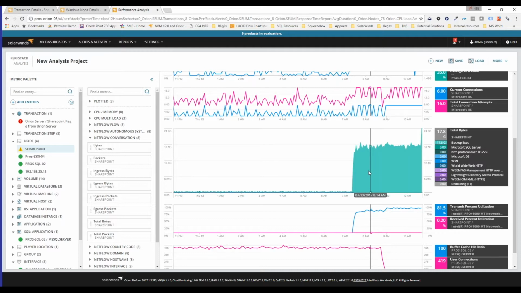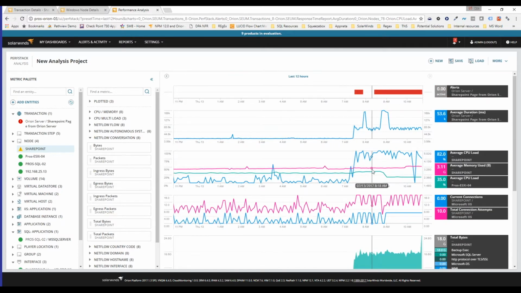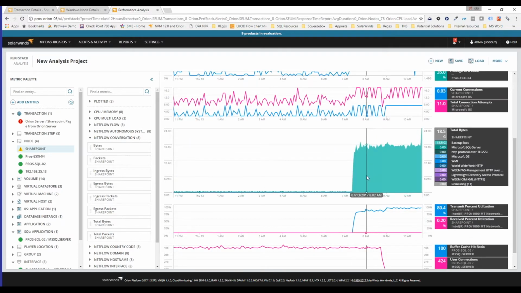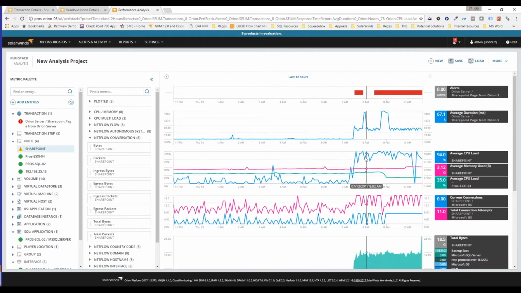From this point of view, I would then refer to my backup SME and say, can you investigate this? There's a backup job that's running. And actually what we're going to do is look at the NetFlow data so we could see how much and what conversation is occurring. But hopefully what you can see here in terms of this PerfStack is the speed, the efficiency of creating these entries, the ability for us to correlate metrics from many different sources that all relate to each other